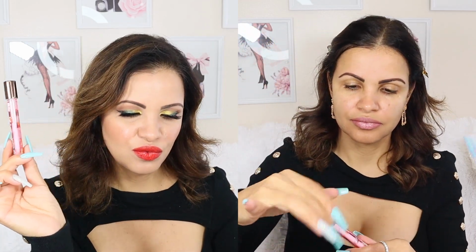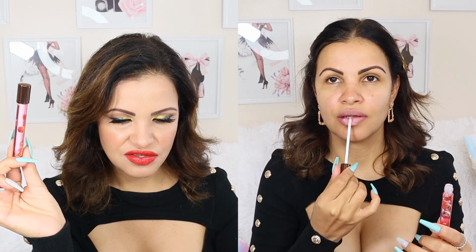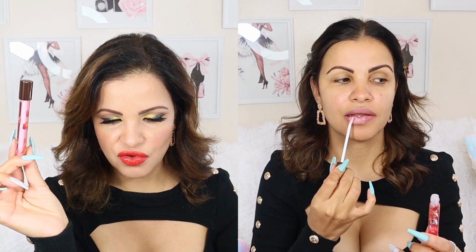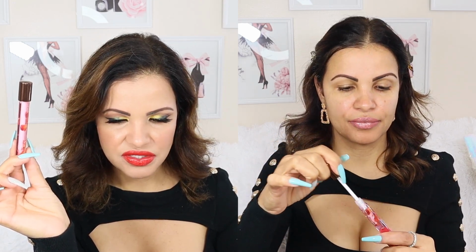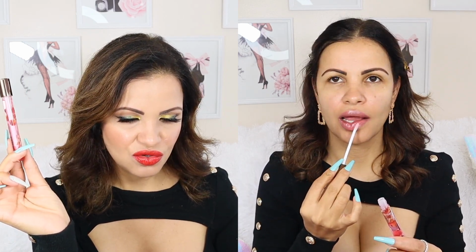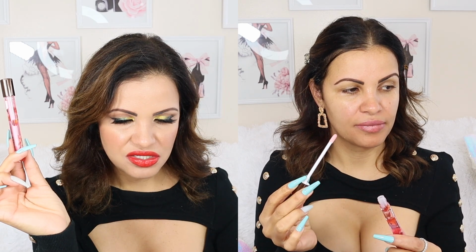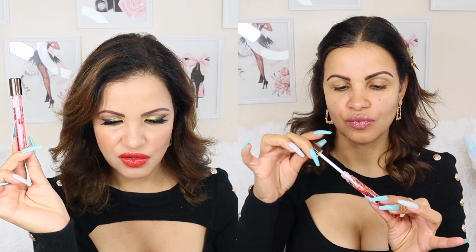Fall in love with this long wearing lip gloss that is infused with natural dry rose petals and a blend of argan oil, raspberry seed oil, vitamin E, and jojoba oil. This gloss isn't sticky and is a perfect on-the-go formula for a classy finish. This formula is enriched with moisture boosting